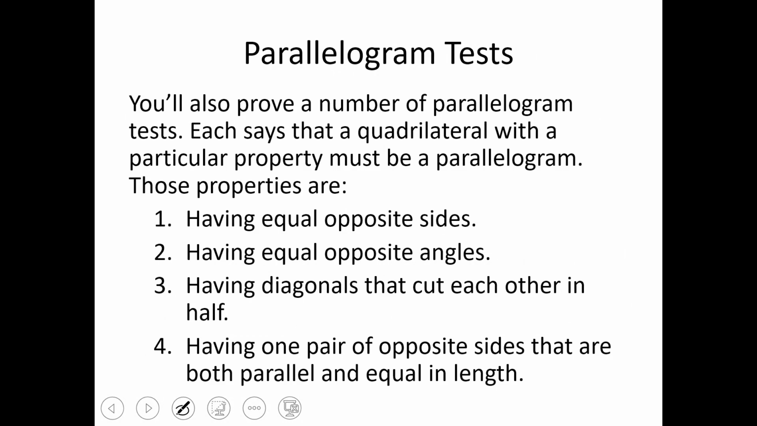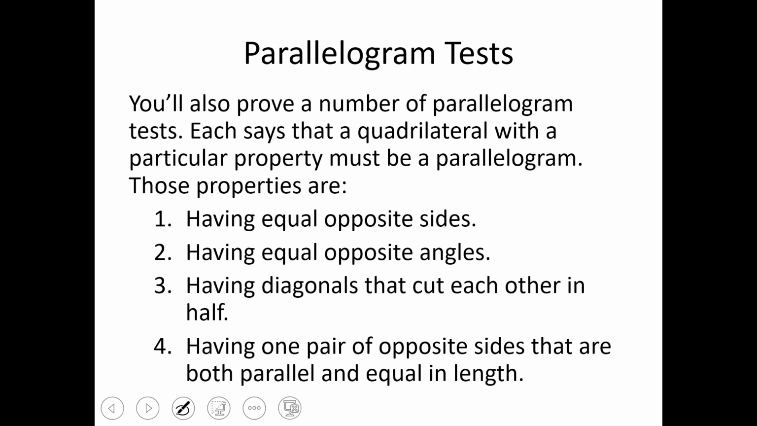These are ways to conclude that a given quadrilateral is a parallelogram. That is, if a quadrilateral has a certain property or properties, we'll be able to say that it's a parallelogram. And here are the ones. Okay, so we will know, or you'll prove, that if a quadrilateral has equal opposite sides, then it must be